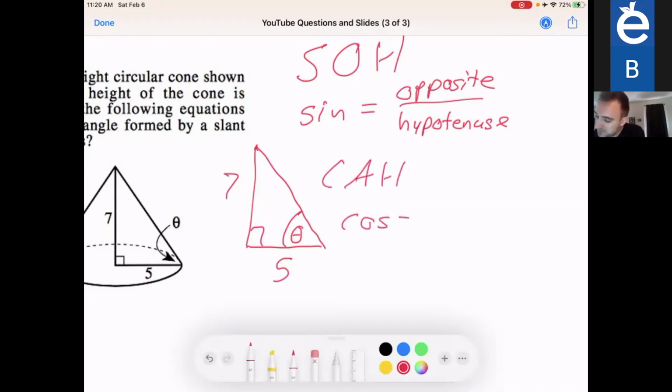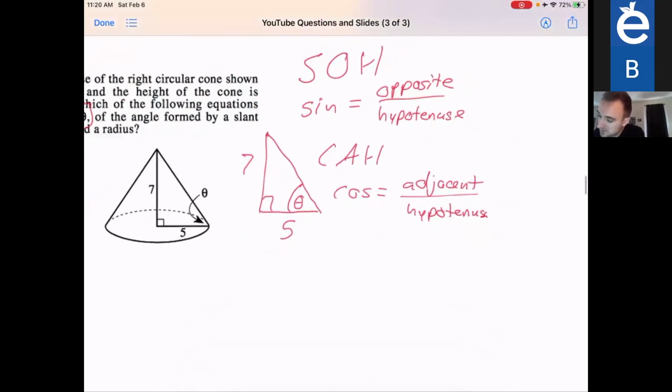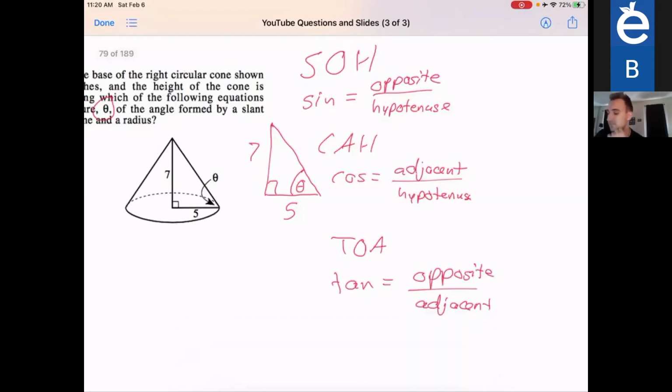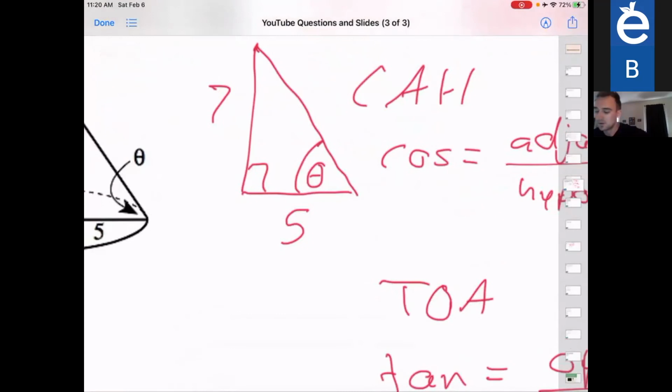Our cosine is equal to our adjacent side over our hypotenuse. And TOA, our tangent, is equal to our opposite side over our adjacent. So given this angle here, this theta in this right triangle that I drew, what trig function do I